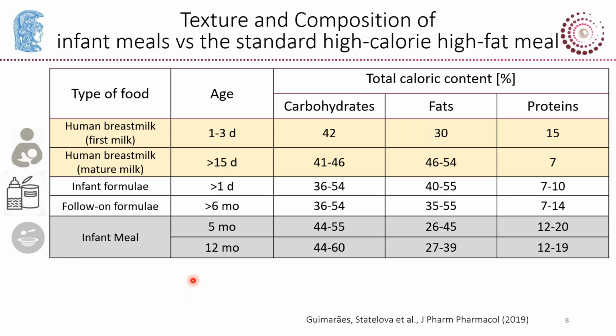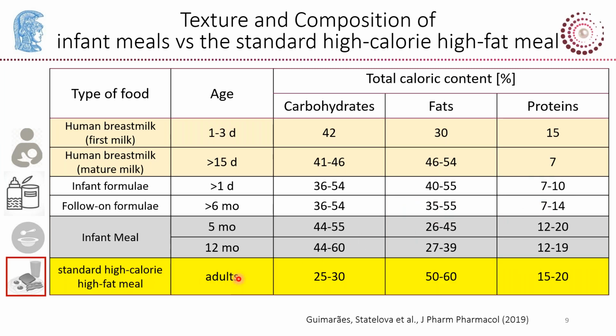And if we go through the composition of infant meals, we can see the caloric density values of commercially available infant formula compared with the human breast milk. And as we can see, they are similar, given that infant formula development is based on the properties of human breast milk. These two types of infant formula exhibit similar macronutrient composition, as we can see in this table, and their caloric content can be characterized as high carbohydrate and relatively high fat but low protein.